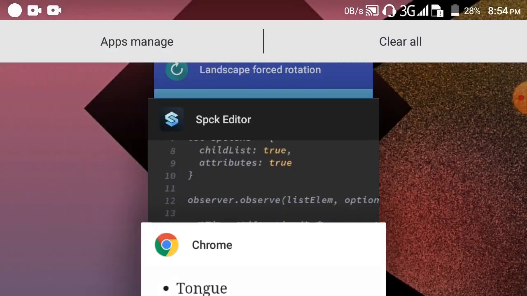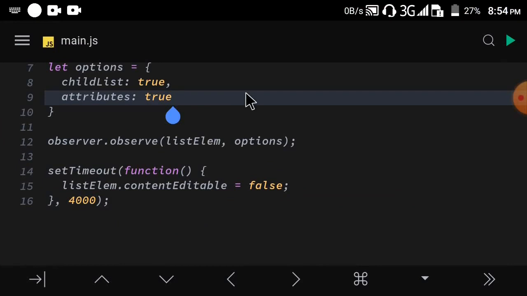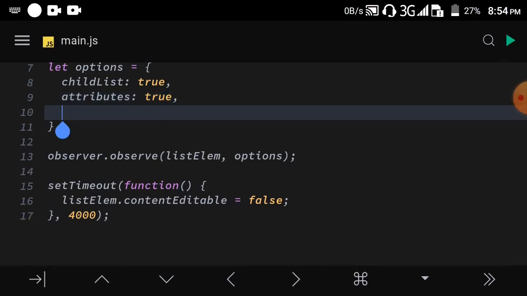So let's get back to the editor. That's the second option that we can pass here. And lastly, we can detect changes in the text. Remember that child list only allows us to detect whether a new node was added or an existing node was removed, and attributes represent that we want the observer to detect changes in the attributes of the particular element. Now another thing that we can do here